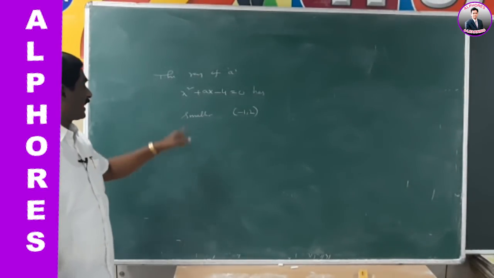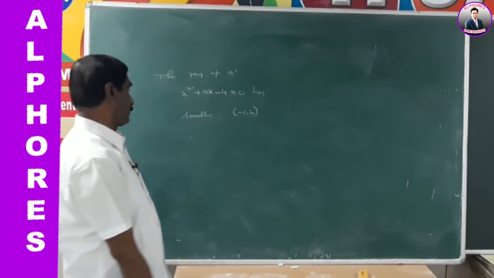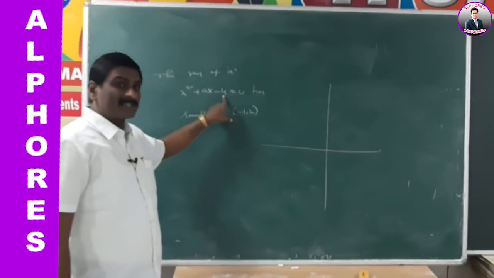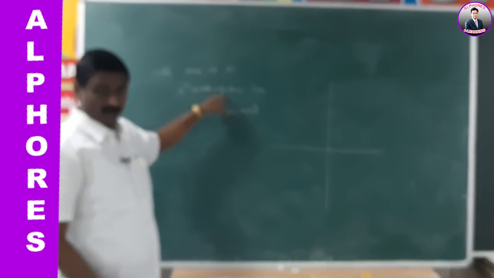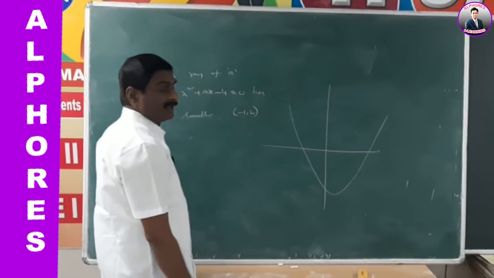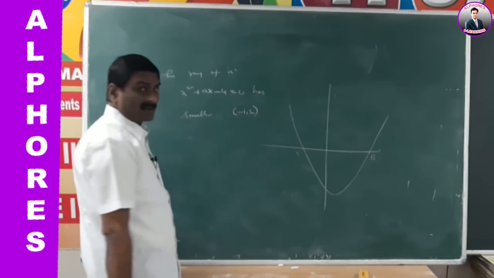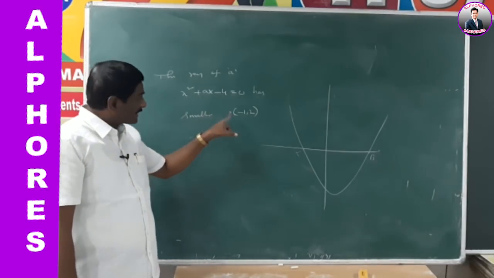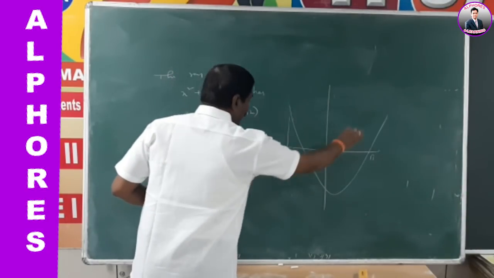In the given quadratic equation, the leading coefficient is 1. That means positive, the graph is upwards. And at the same time, the constant term C is minus 4. That means it cuts the y-axis at minus 4, the negative y-axis. That means the graph is in this way. Suppose alpha is one of the roots, beta is another root. Alpha less than beta, alpha is the least root. The smaller root lies in the interval minus 1 to 2.